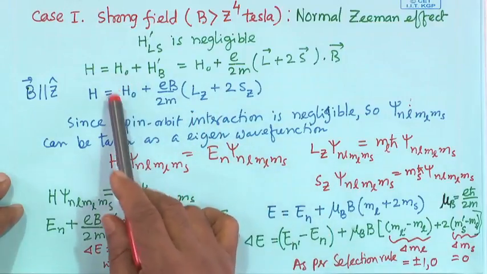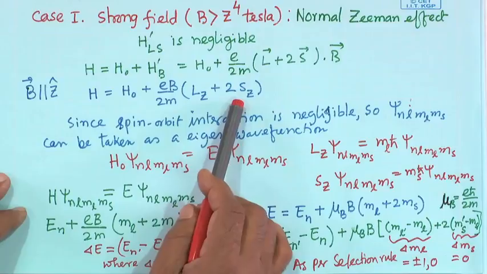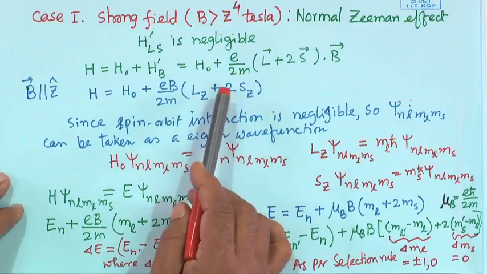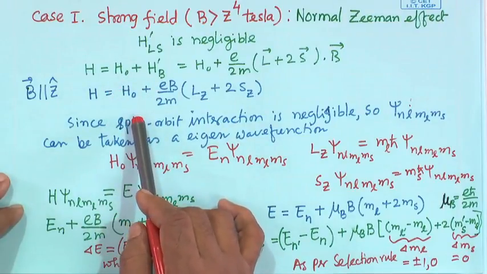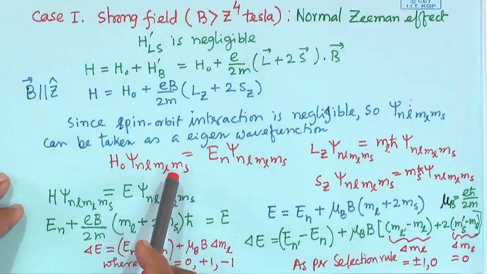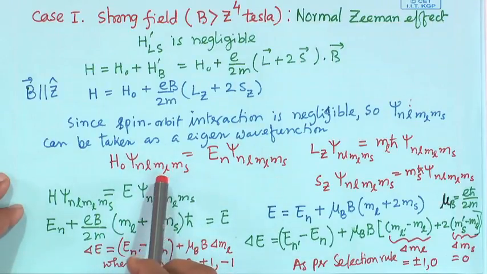So here one can consider H 0 as the unperturbed term and this interaction term as the perturbed term. Already we know the solution of this H 0, that is, if we apply H 0 on this wave function,